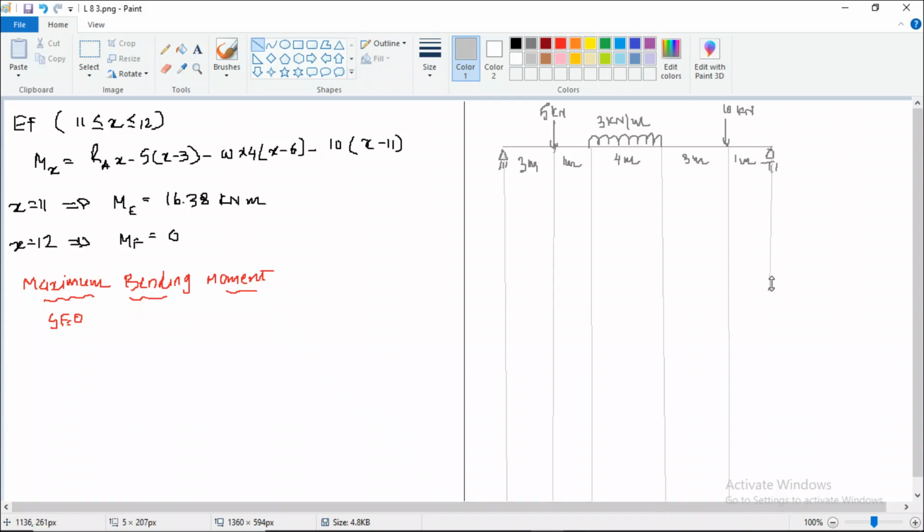Once you are done with the projection, we'll start first with the shear force diagram always. So let's start with the shear force diagram. To draw that, we need to draw a baseline first. So this is the baseline. Once you've drawn your baseline, then you need to start from the left hand side point or right hand side point, whatever is your liking.